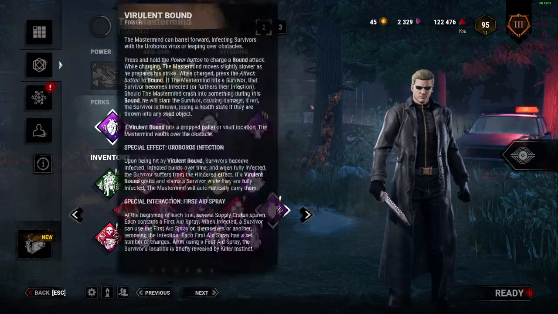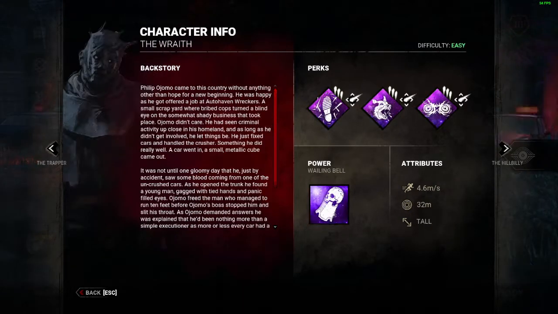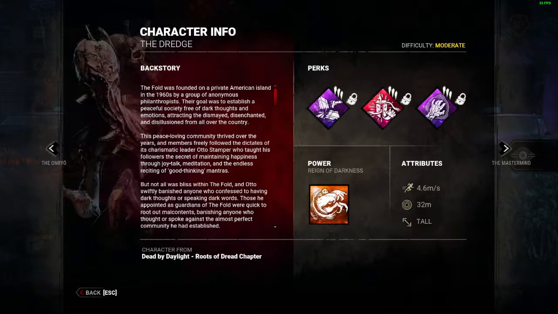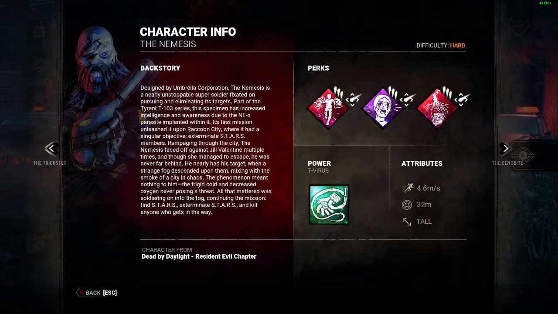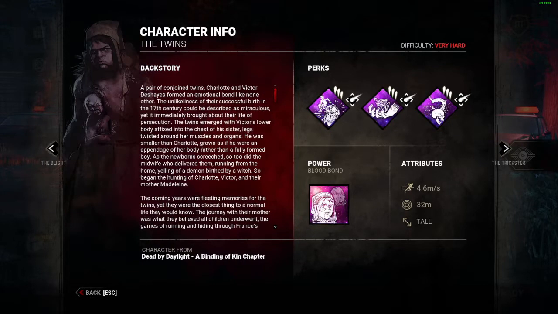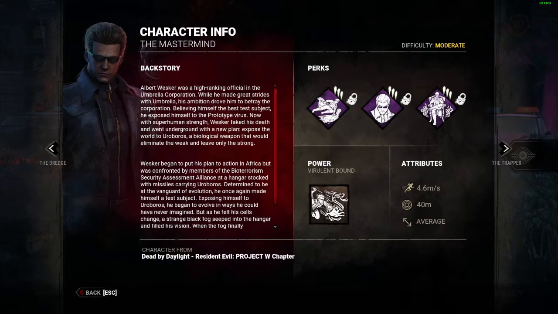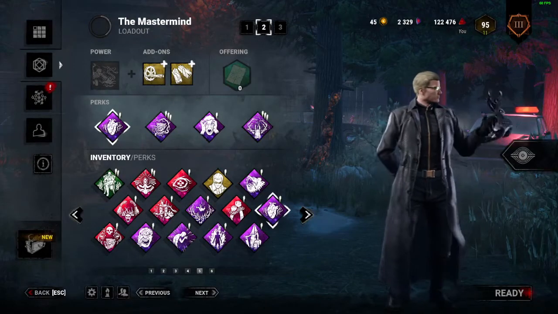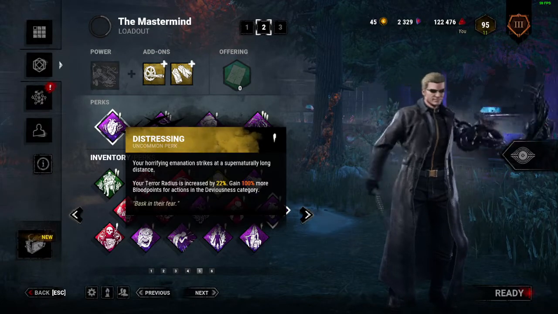Now, Wesker already has an incredibly large terror radius at base, 40, which when compared to other killers is significantly smaller than most other killers you're going to see by 8 meters or so, which may not sound like a lot, but when you really do the math and think about the trajectory of a 40 meter terror radius, it is incredibly large in comparison to the rest of the killers. So, with that being said, I decided to not only increase that terror